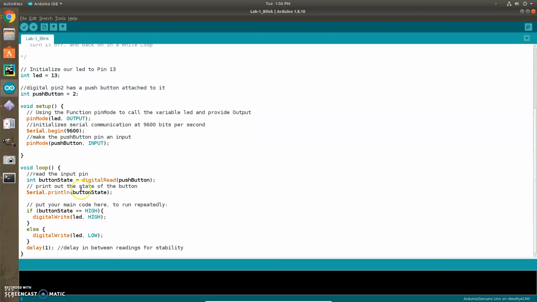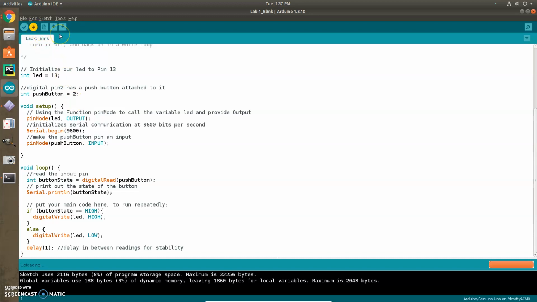We can see here that once the button state equals high, which means pushed, it will turn the LED to high, which means it's on. Else, it will be off. And it's at a delay of 1, so it is constantly checking, but also not dying because it's going way too fast. So we can upload that to my Arduino,